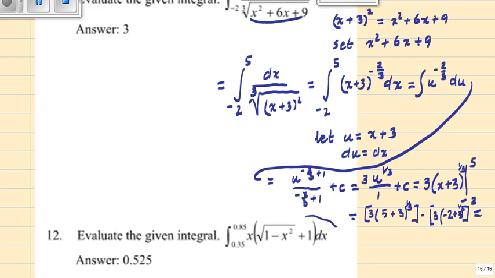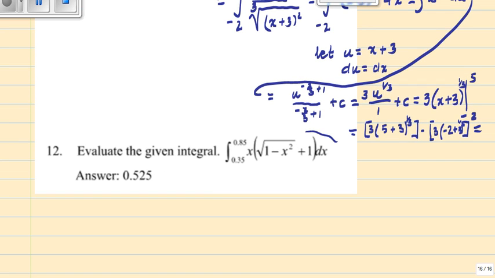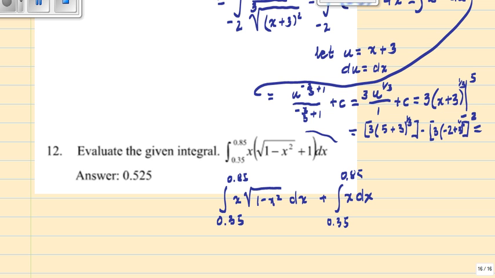The next one, the very first thing we have to do is multiply through, so you have x times the integral of 1 minus x squared dx, and plus x times 1 is just x dx, and limits from 0.35 to 0.85, and that is equal to,